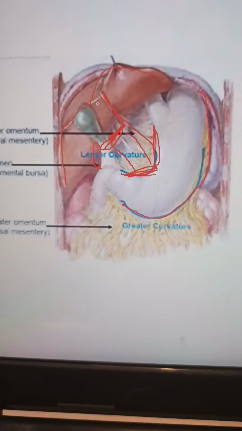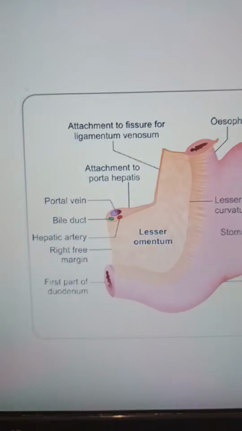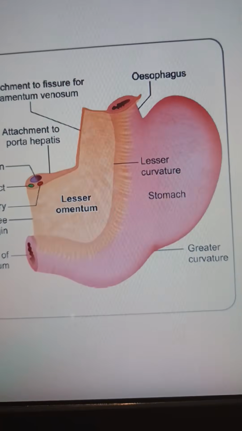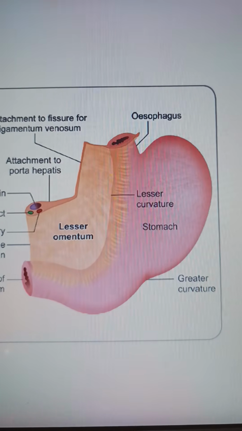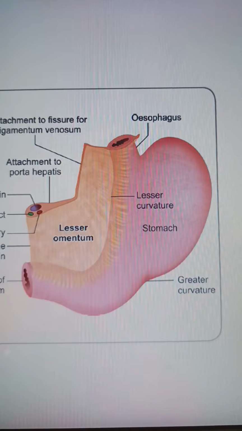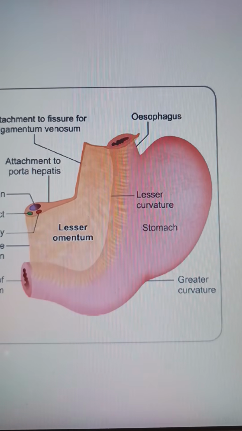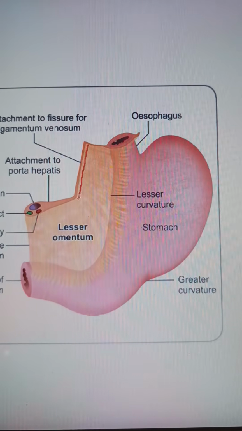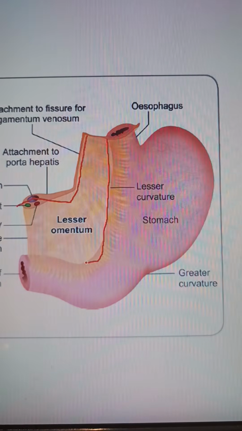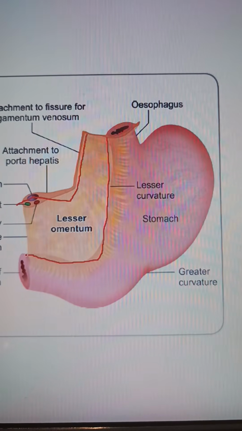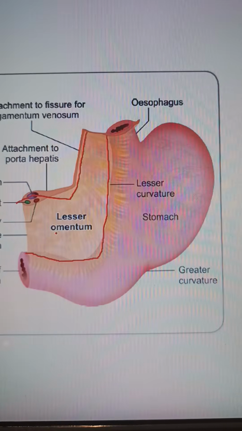Now let us look into another picture where you can make out, now the liver is completely removed. What is remaining is the lesser omentum. Here you can make out a better picture. You can see the L. See, look at the L here. Look at the L and the lesser curvature. It runs around the lesser curvature and ends in the first part of the duodenum. L. You can see the lesser omentum.